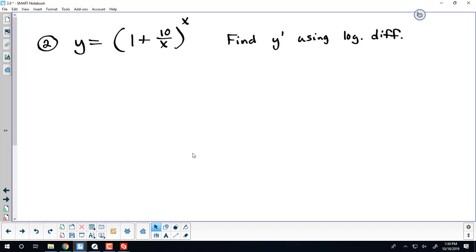Where are you getting a constant? Right there. And where are you getting the 10 from the 12? Yeah, where are you getting the 10? So then, you take the derivative of